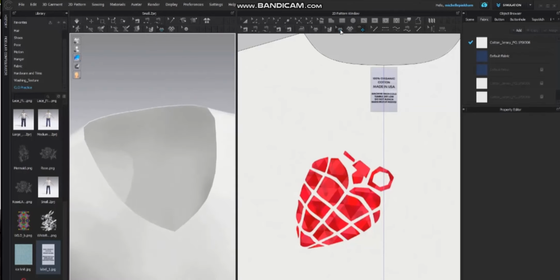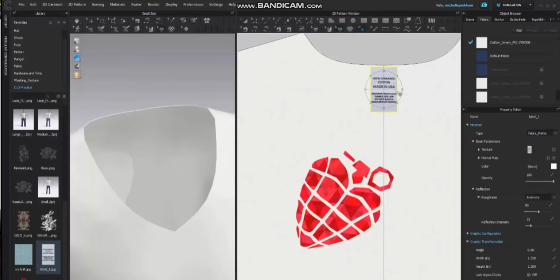To do that, if you click on the graphic, in the property editor, you will see a section called Graphic Configuration. If you expand that menu, you will see Face, and then